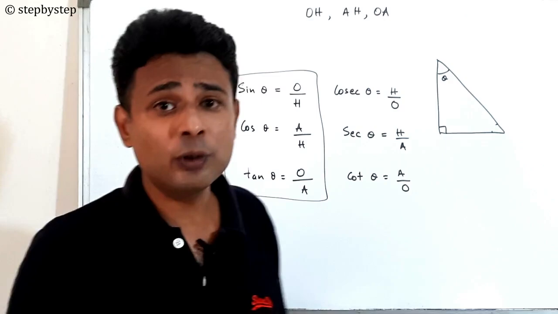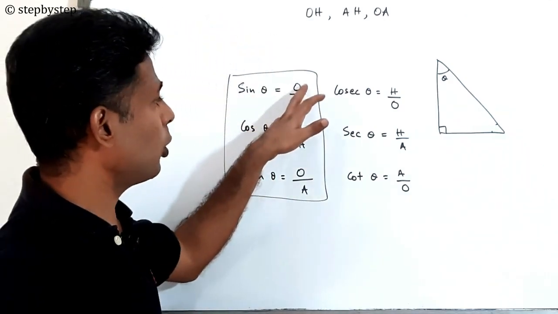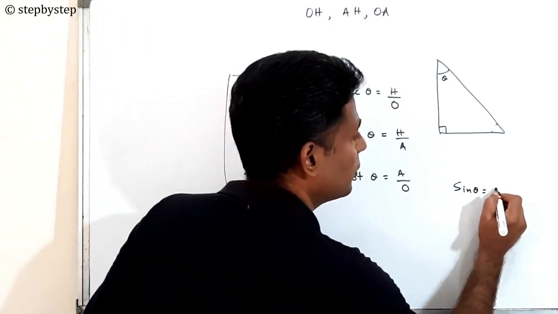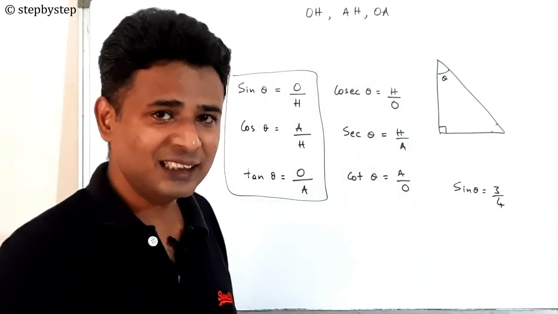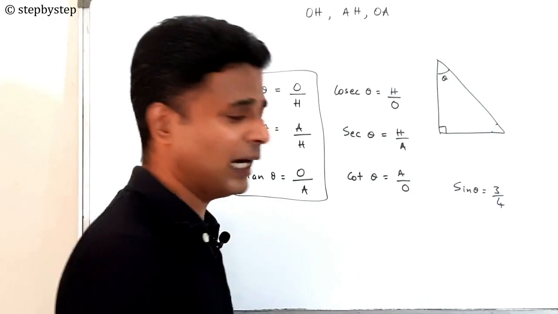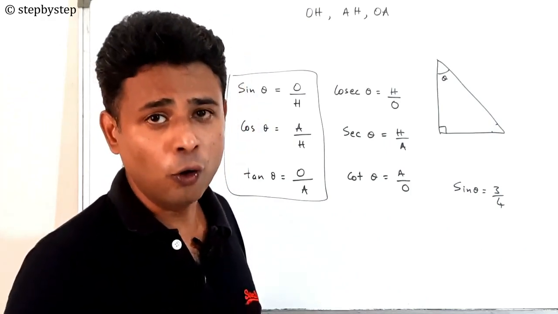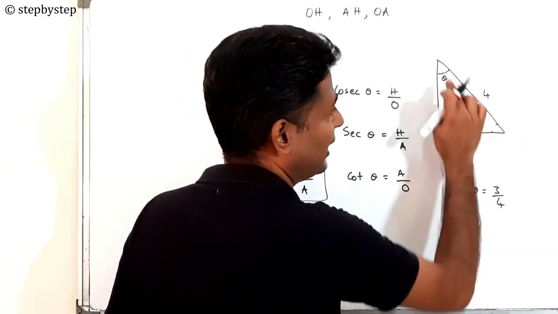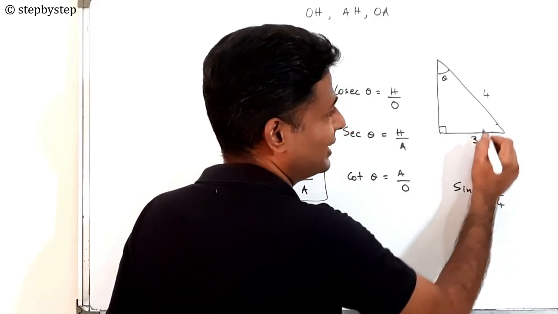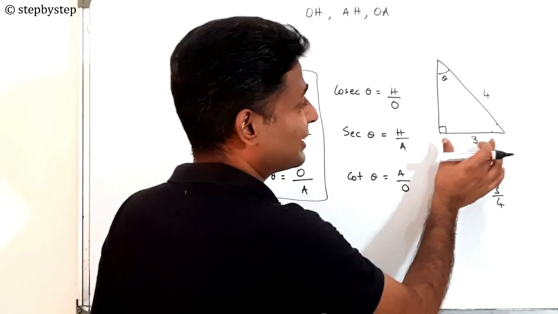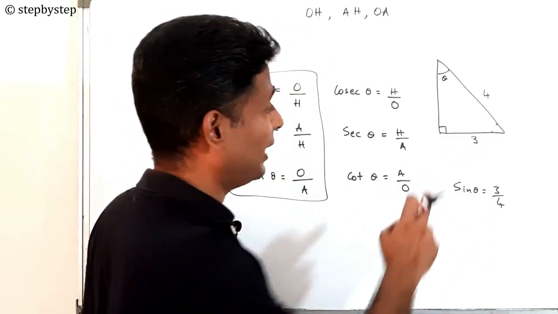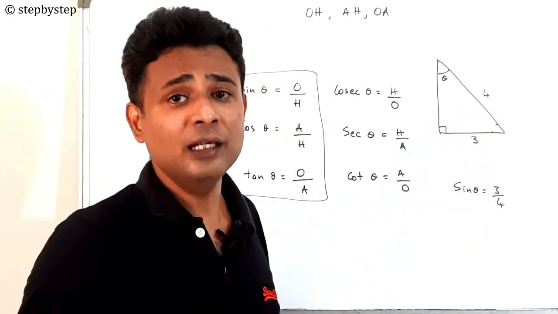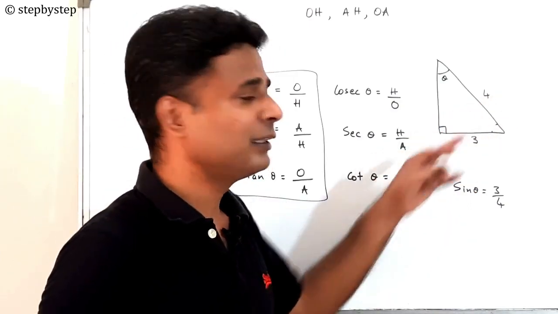And the next thing you need to remember is, when you say sin theta is equal to opposite by hypotenuse, for example, if I tell you sin theta equal to 3 by 4, what does this mean? The ratio of opposite side by hypotenuse is 3:4. Remember, if you write like this, sin theta, if we are taking theta like here, so this will be 3, opposite side by hypotenuse. The side is not 3, the ratio of the sides is 3. The side can be 3 and 4, but it doesn't have to be 3 and 4. It can be any multiple of 3 and 4.